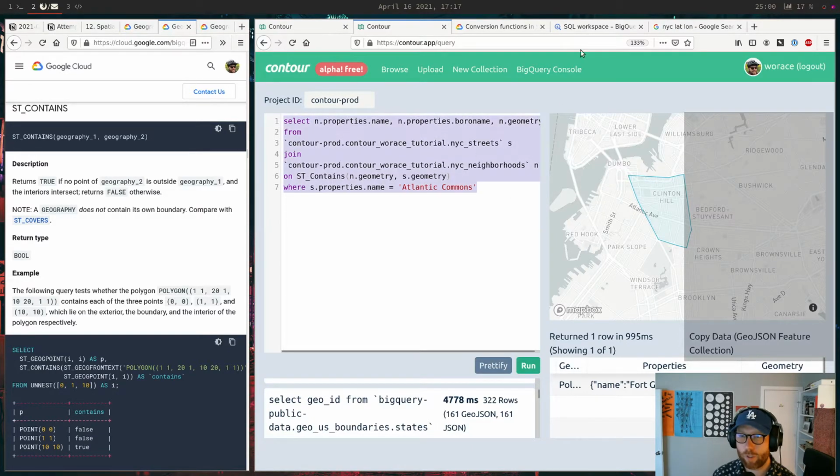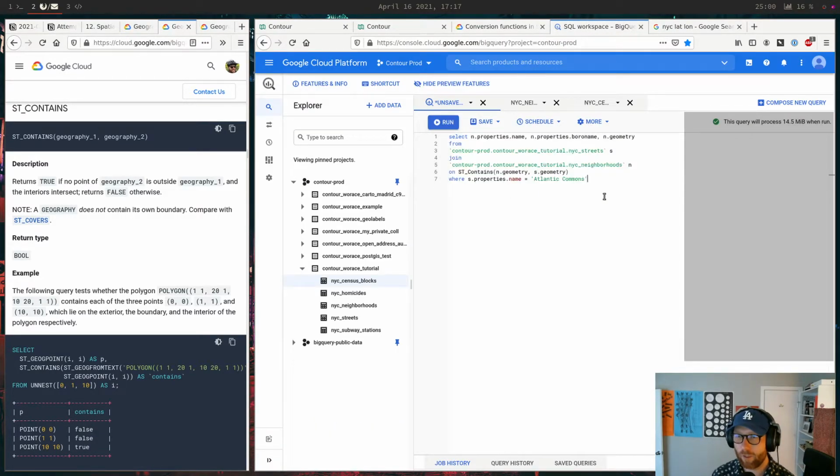Okay, let's go see. I'm curious to see how much this one scans. I guess it should just basically be all of the streets and all of the neighborhoods, although that's interesting that it only processes 3.7 megs.